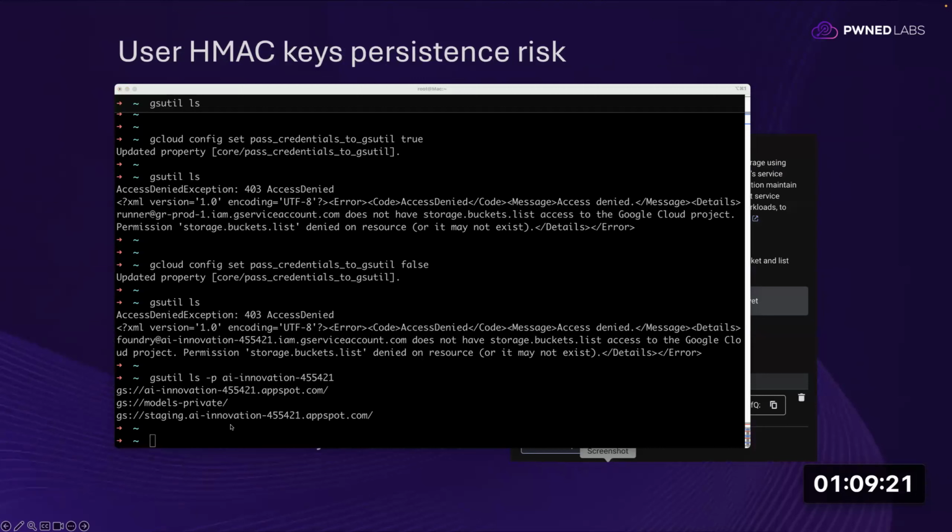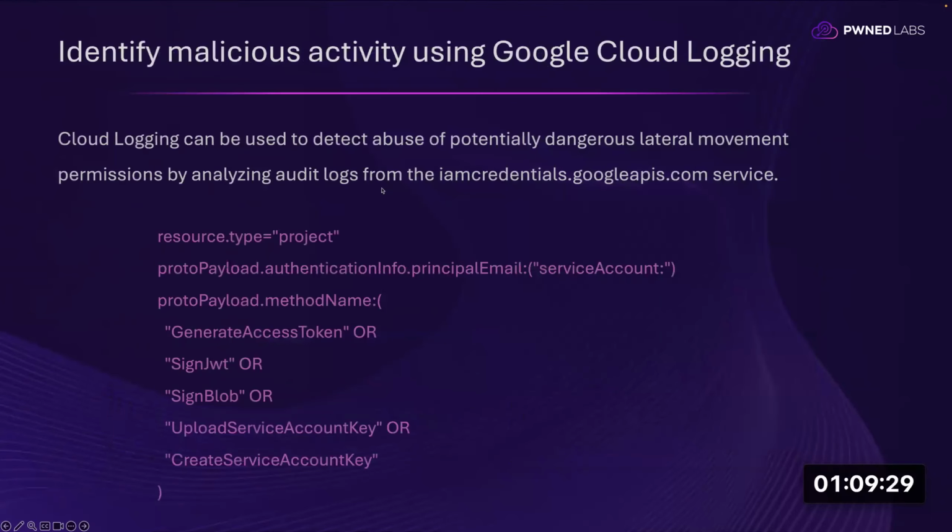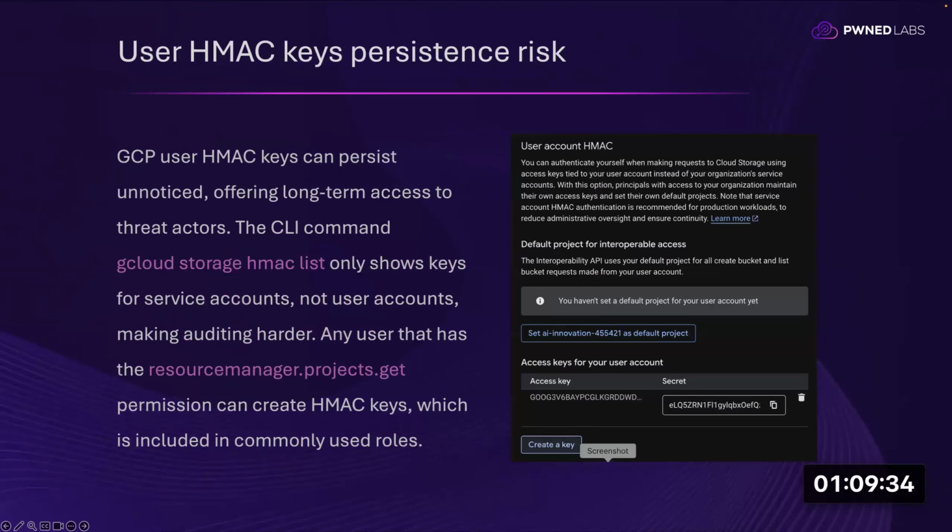Okay, so we could obviously investigate these buckets, but let's move on for now. We've shown the general technique there. So